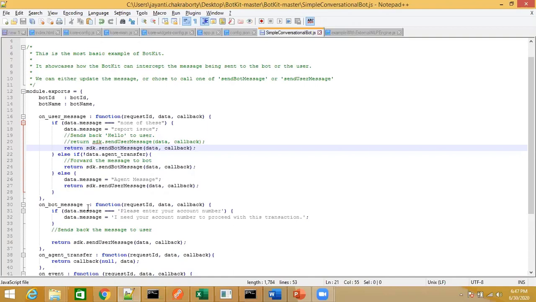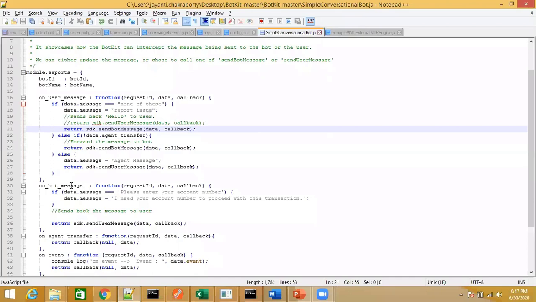Okay, so similarly, you can see on bot message, you can handle different things. Let's say today the bot has been trained to display a particular response, but that response is not adequate to be displayed to the end users. So one way is you change the configuration of the bot, where you make a change in that message. The other way is, if you have the bot-get layer, you may not make a change in your bot itself, but you can make the change over here.